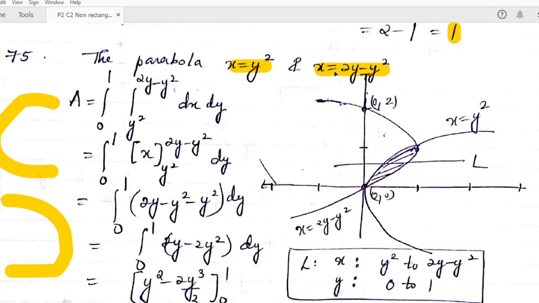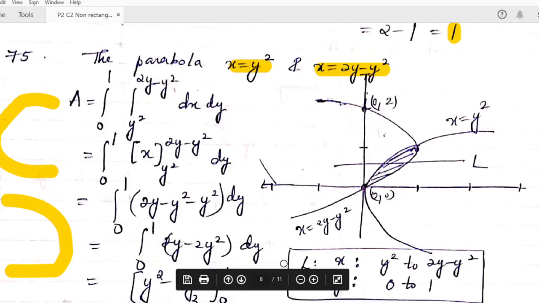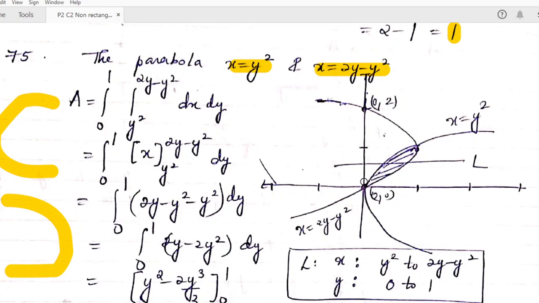When you put x equal to 0, 2y minus y square is equal to 0. That is y equal to 0 and y equal to 2. That means when x is equal to 0, the value of y is 2 and 0. And we know that our parabola is of this form. So our parabola touches the y-axis at these 2 points. So our parabola will be like this, (0, 2) and (0, 0).